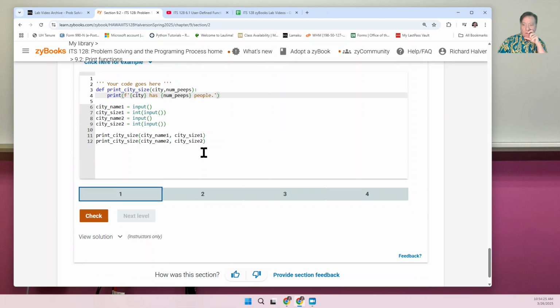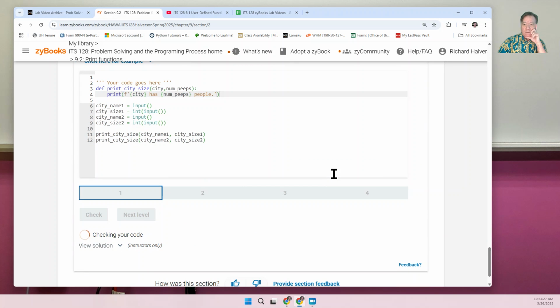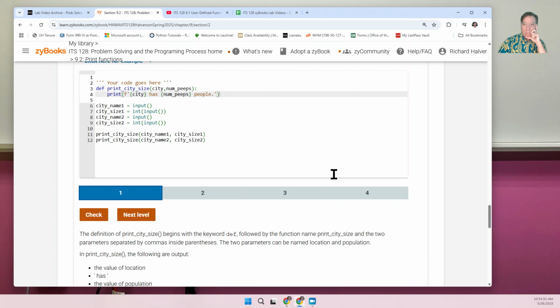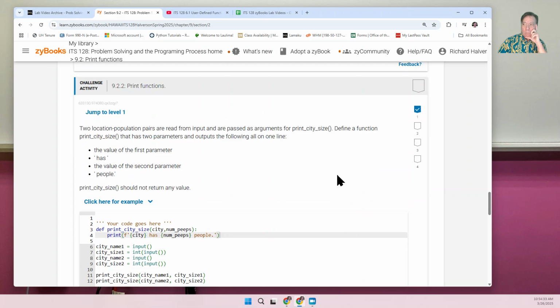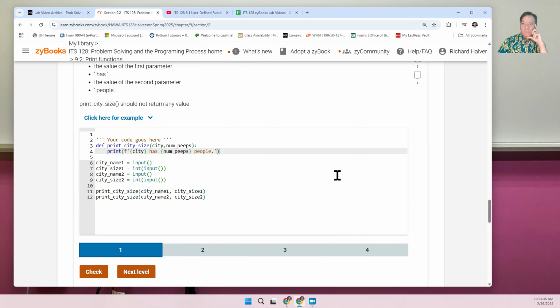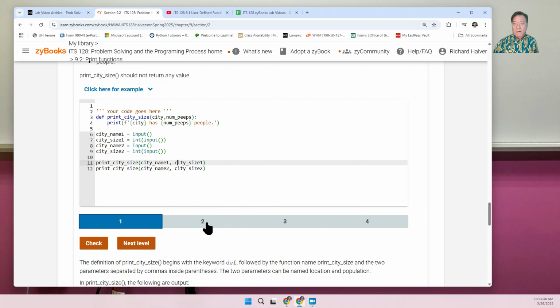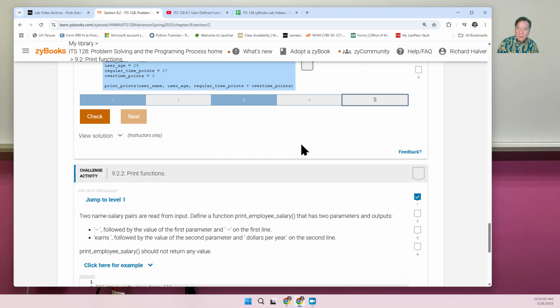All right, so let's just see if this is right. Yes, that's right. So you see it doesn't return any value. So since it doesn't return any value, just put it out there on a line all by itself, and it does what it does. And what it does is it prints something out. All right, so the next one is